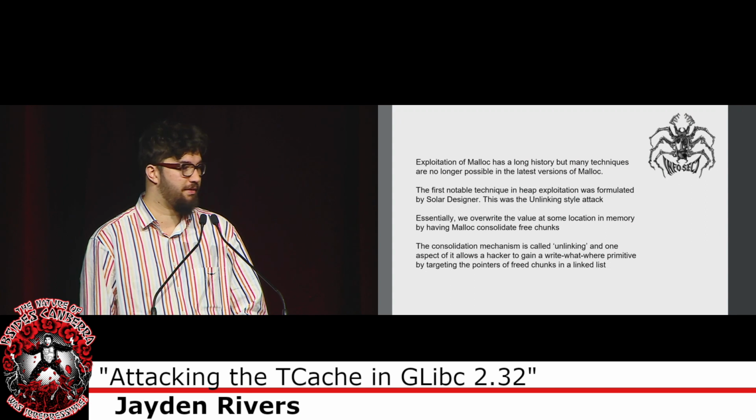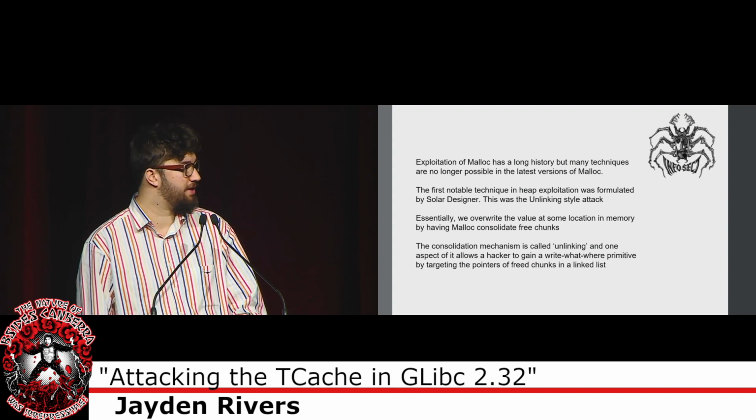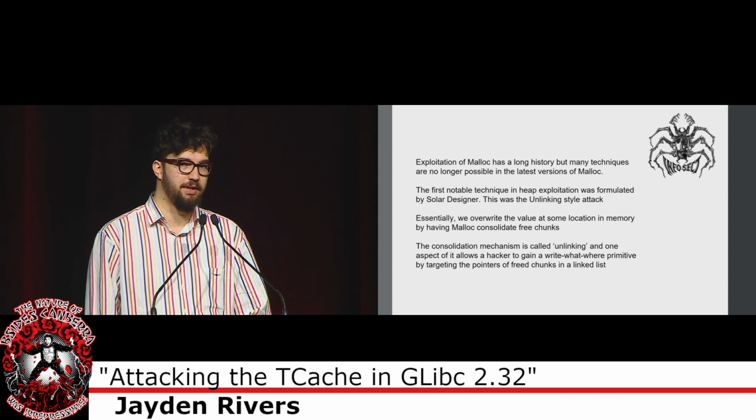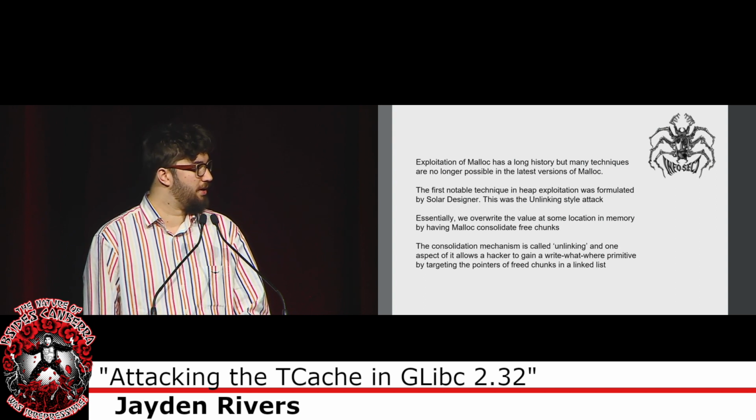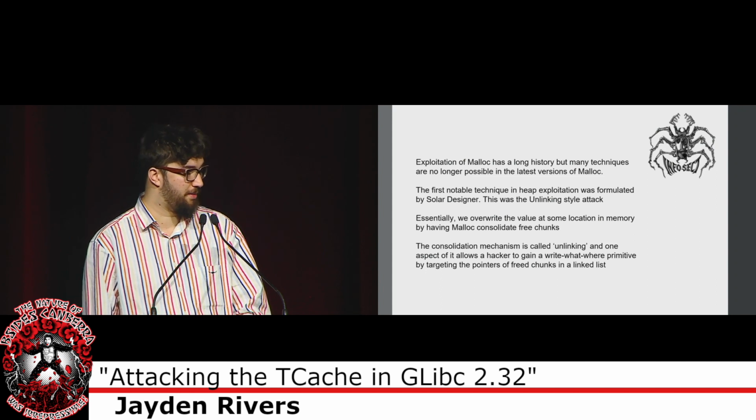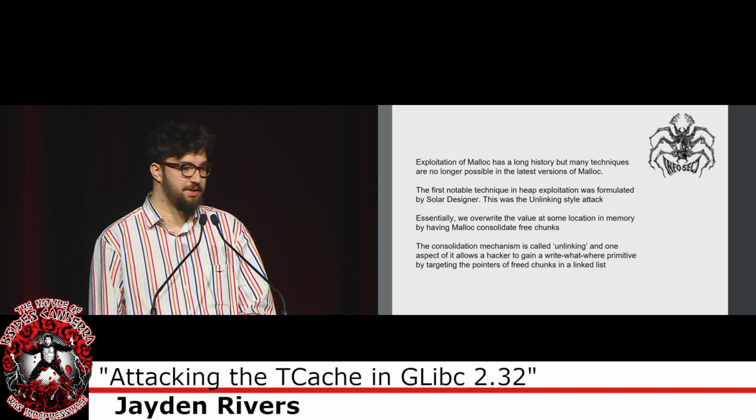Exploitation of Malloc does have quite a long history, like 20, 25 years, I think, but a lot of the techniques are no longer really possible in the latest versions of Malloc. The first notable technique, I think, in heap exploitation was created by Solar Designer, and this was the unlinking style